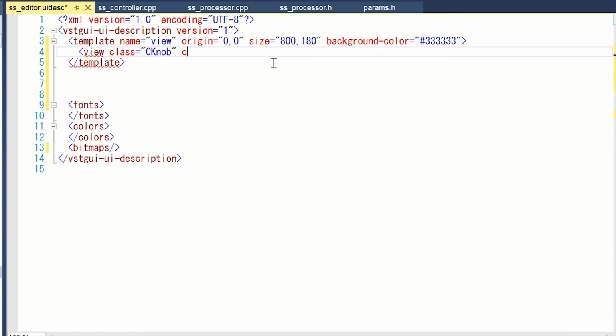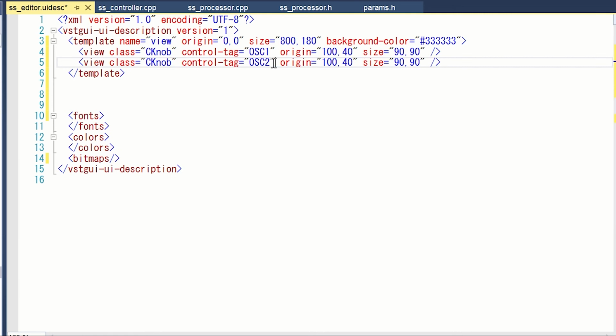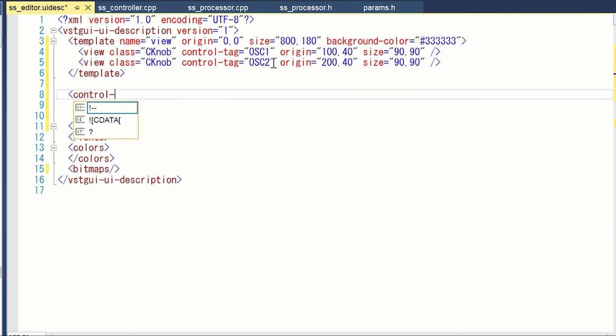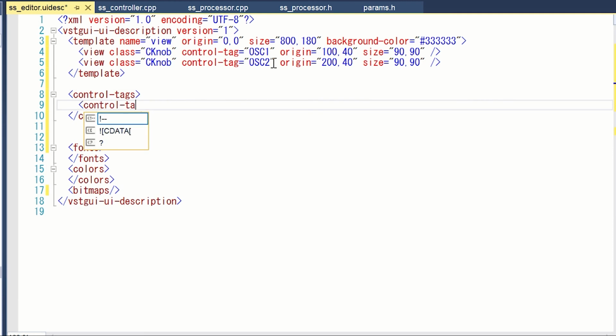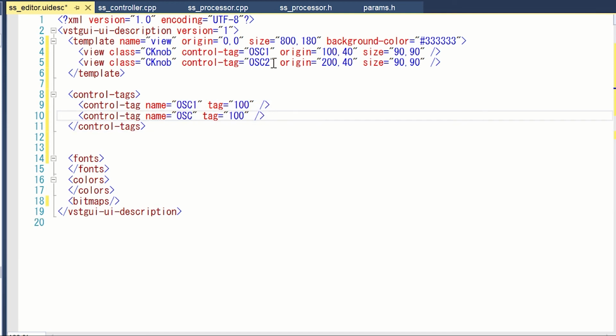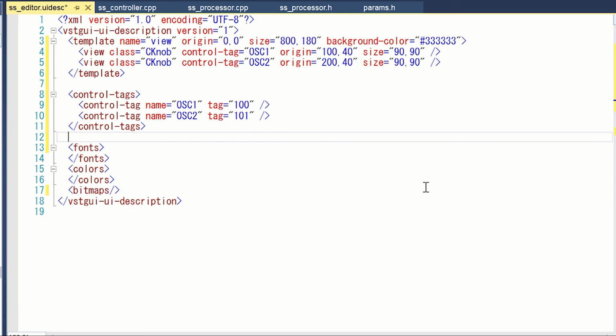Write the knob definition. Control tag binds tag name and parameter ID. This is completed. Let's build.